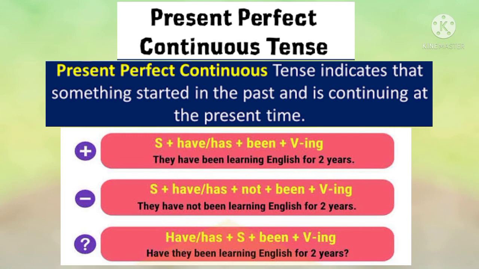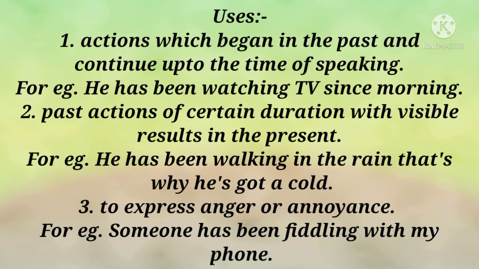Now children, if we want to make negative sentence out of it, we'll write subject plus has, have, and we'll add not plus been and ing form of the verb. For example, they have not been learning English for 2 years. Now if we have to make interrogative sentence, we'll use has, have plus subject plus been and ing form of the verb. Now children, present perfect continuous tenses are used: